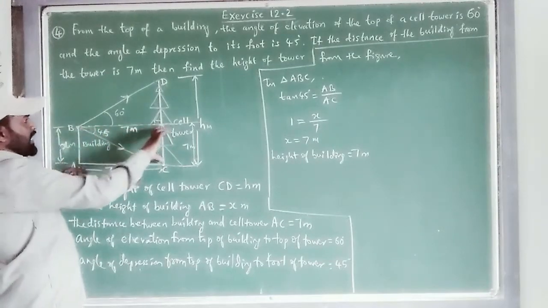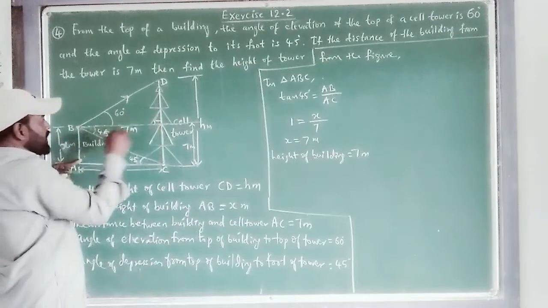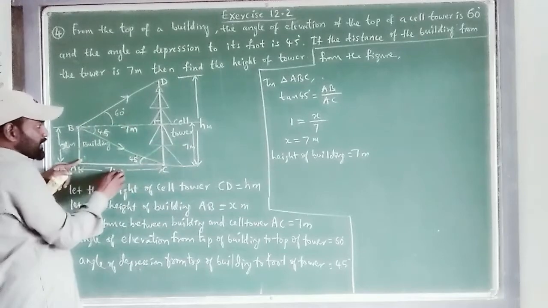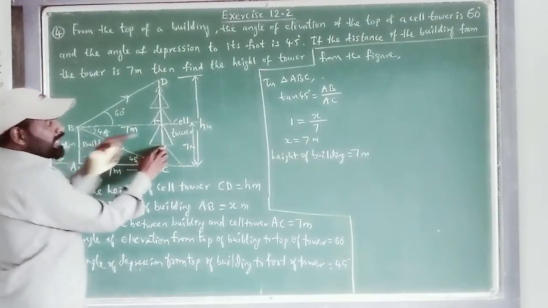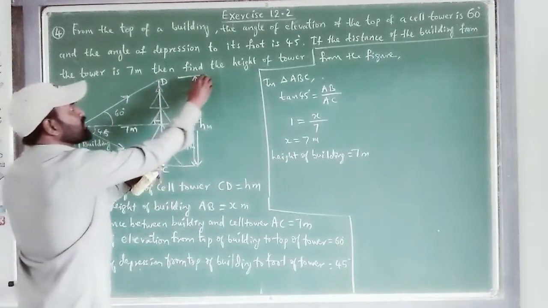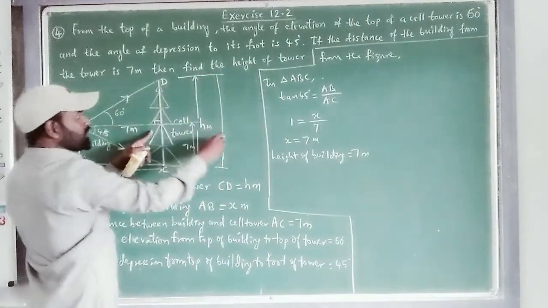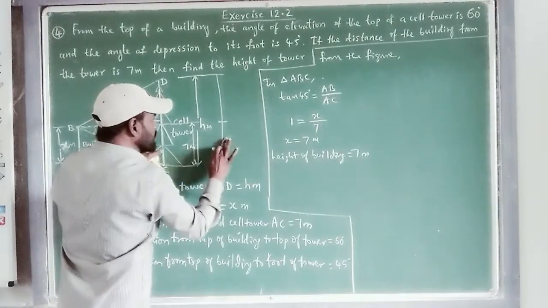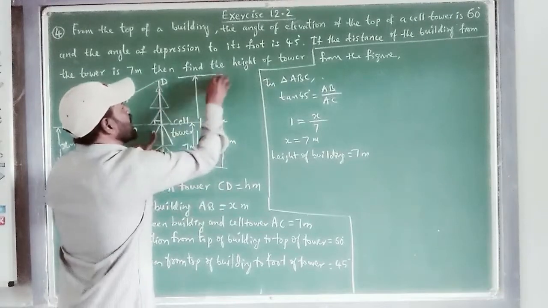Now you can see it is a right angle triangle here. Here also right angle triangle. Now when I have drawn a line aside, it becomes a rectangle. Opposite sides are equal. So here is x, here also x. That x we got as 7. So it will be 7 now. Right? Now this total will be how much? The height of the building plus this part. So up to here it is x. That only we got as 7. Now the remaining part I am going to find.